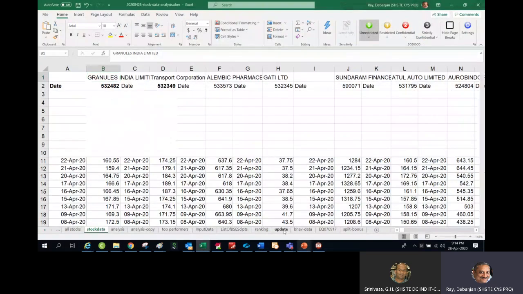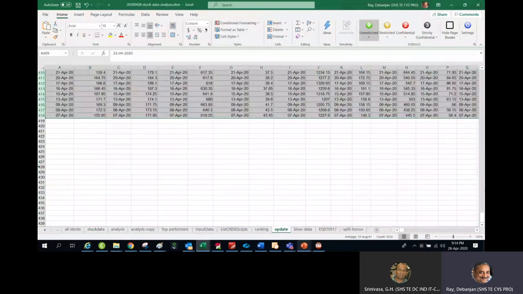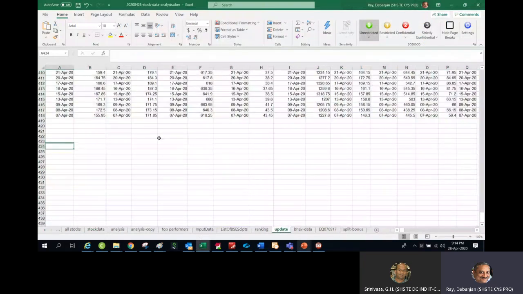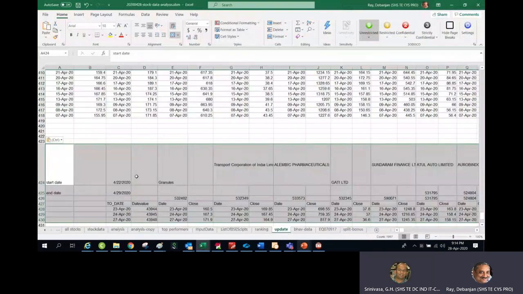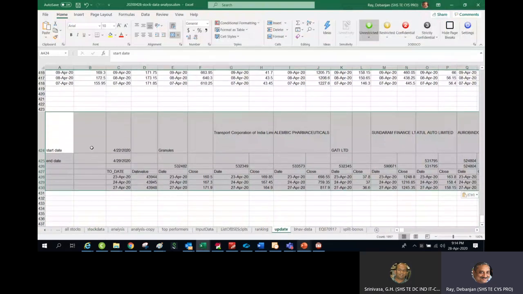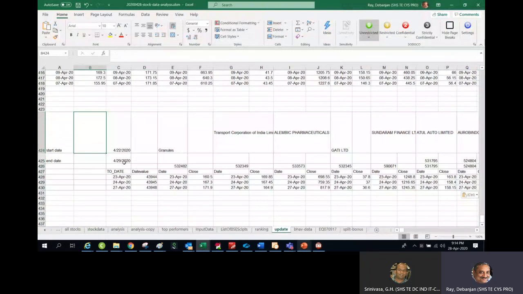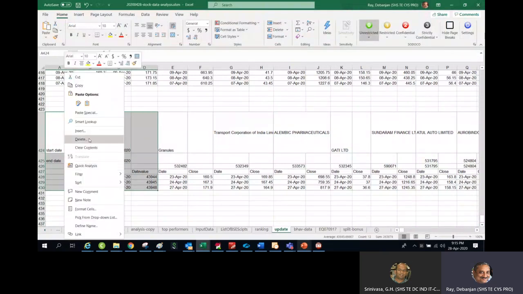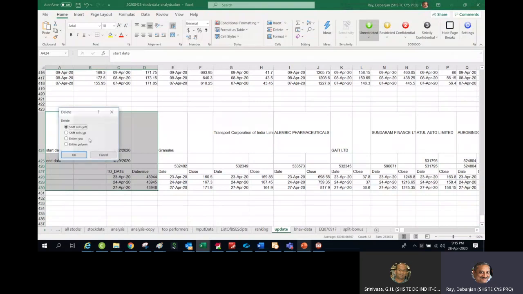I take a temporary worksheet where I just do a paste, and it will paste like that. Because I do not need the first two columns of data, I select them, right click, delete, shift cells left.